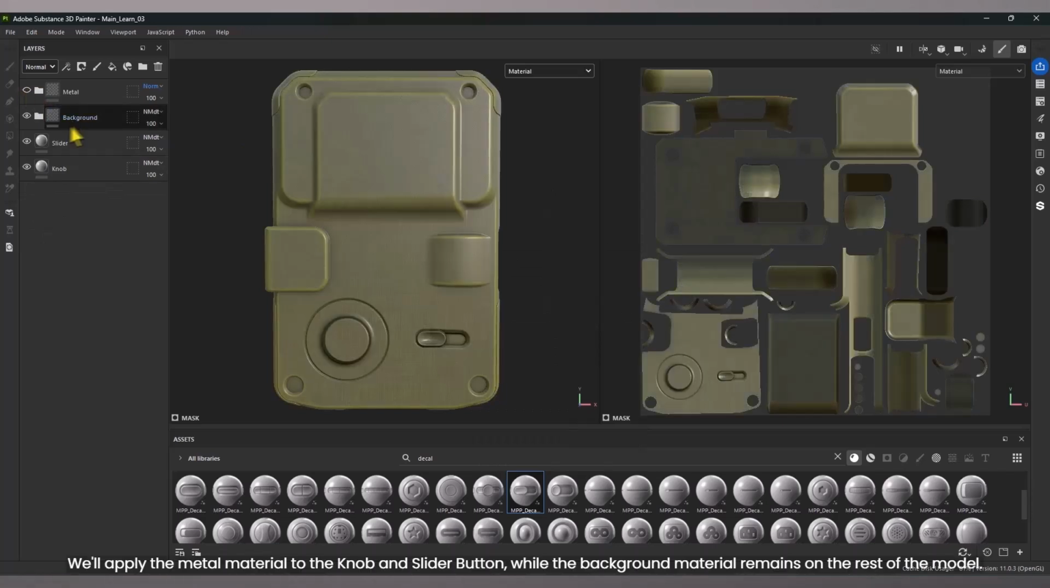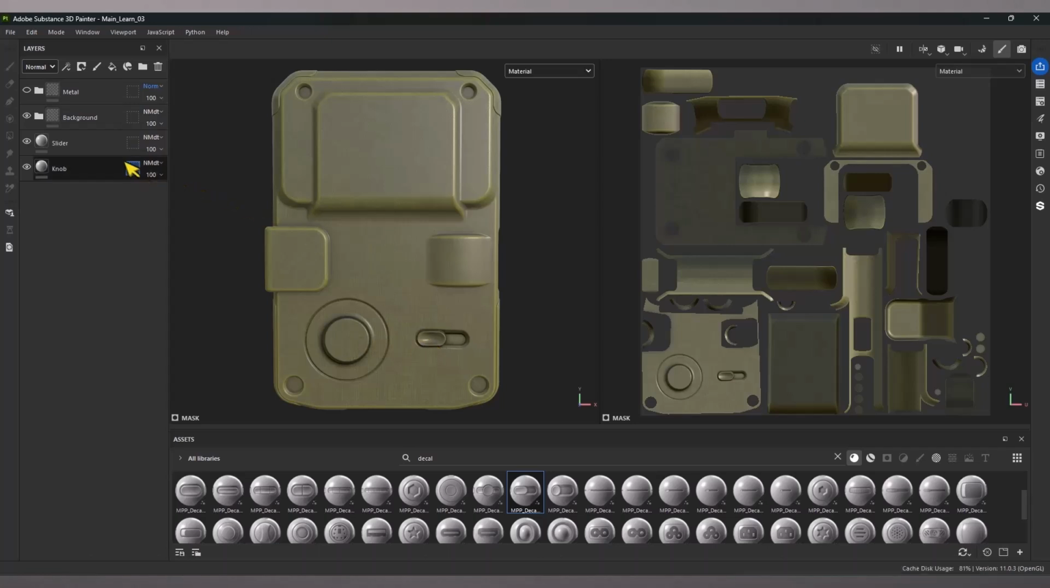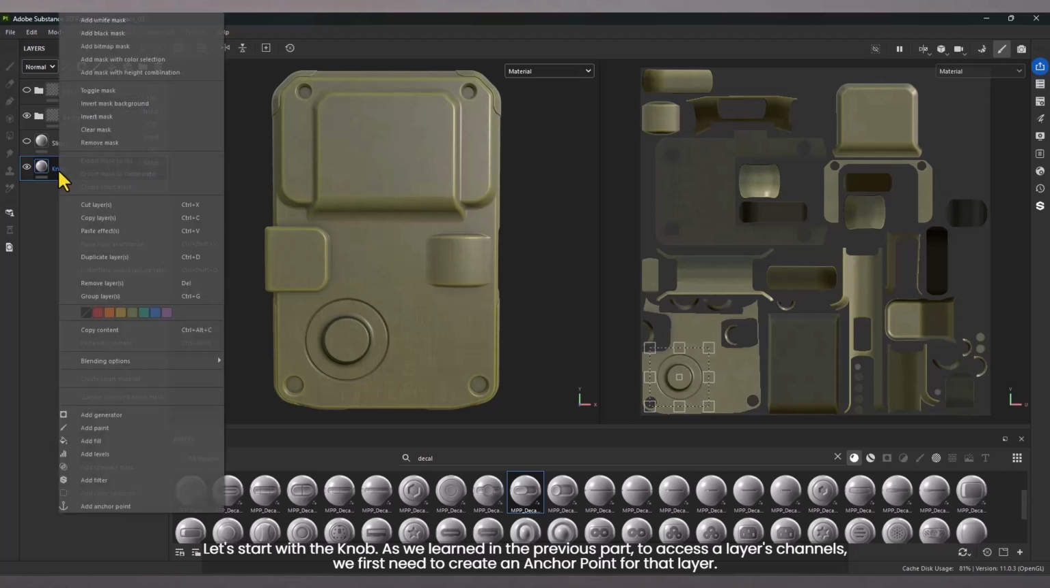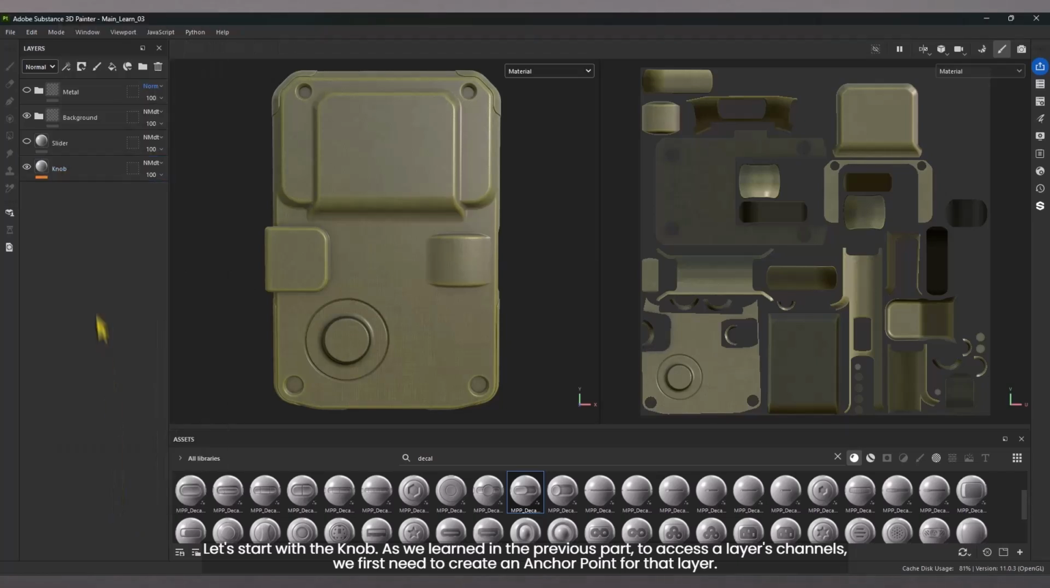We'll apply the metal material to the knob and slider button, while the background material remains on the rest of the model. Let's start with the knob. As we learned in the previous part, to access a layer's channels, we first need to create an anchor point